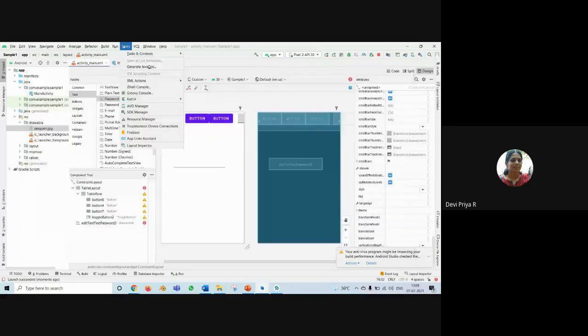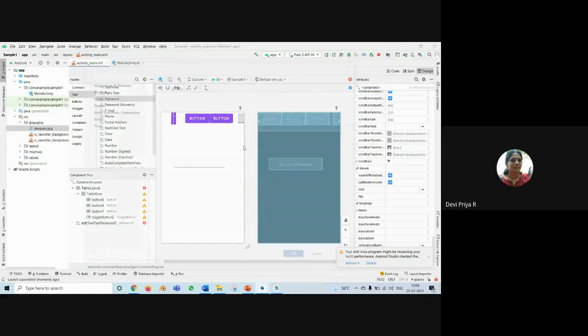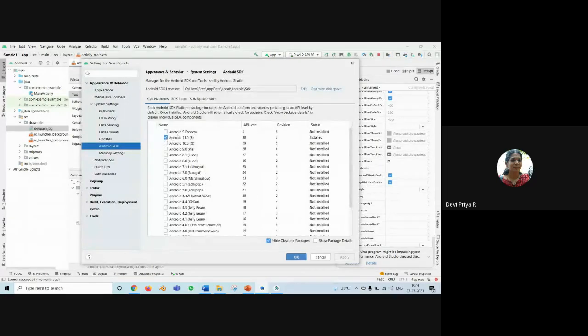And one more thing, while installing, you have to include all the necessary files in your SDK manager. SDK manager will contain your entire software development kit, and check that the proper version of all the things are installed. And while you're choosing the path for your Android SDK, don't leave any blank space in between your file location. See here, I have given C users free app data. If I'm having space in between the file location names or folder names, it will create error.